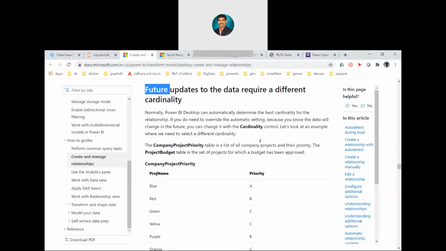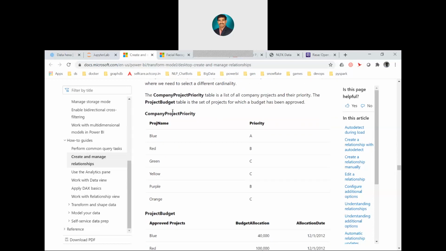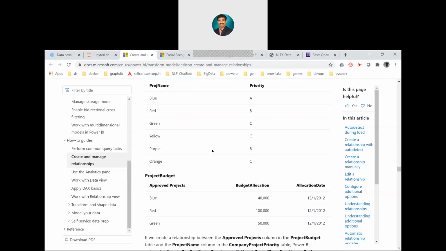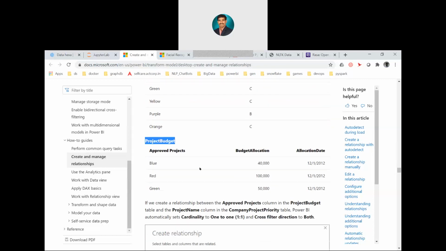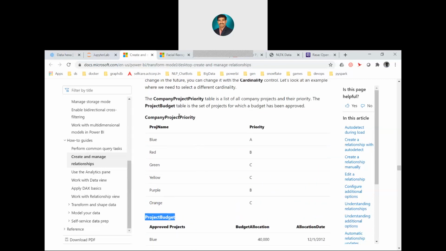However, if you see these two tables now, one is known as the company project priority table. The second is known as the project budget table. These are the two tables. I kept these two tables in Excel also.